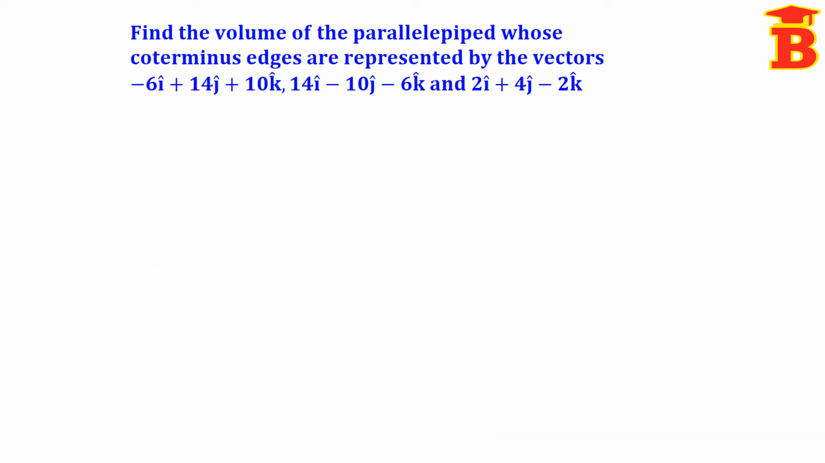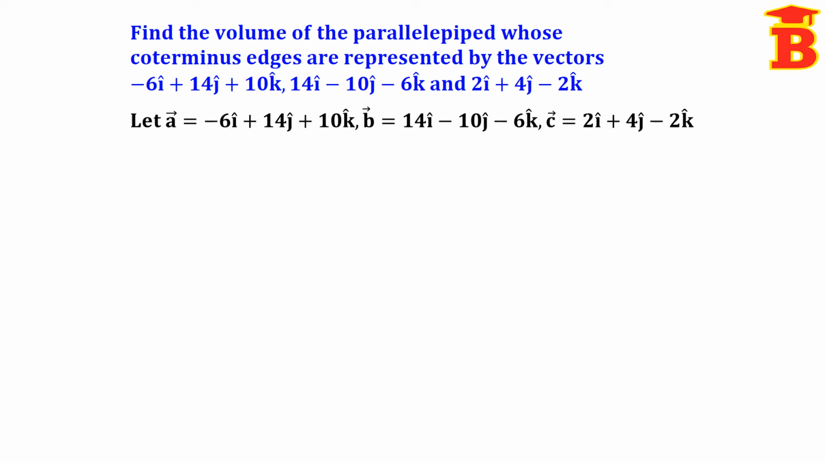Now let us see the problems. Find the volume of the parallelepiped whose coterminous edges are represented by the vectors minus 6i plus 14j plus 10k, 14i minus 10j minus 6k, and 2i plus 4j minus 2k. Here we take the first vector as A vector, second vector B vector, and third vector C vector. We have to find box product of A, B, C, that is equal to determinant first row A vector numbers,